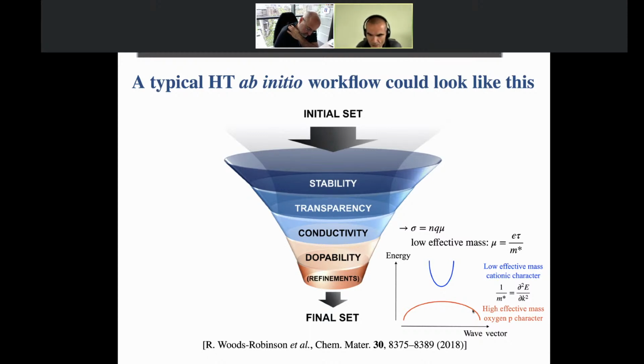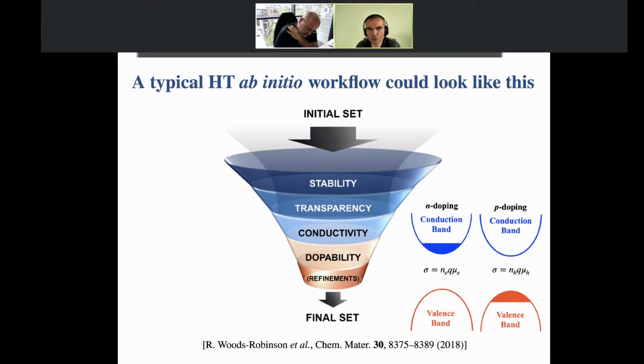So then for the conductivity still, you want to have a given density of carriers, and so you need to dope the material because otherwise the material is insulating since it has a big band gap. And so you can either dope it N-type or P-type and have a density of electrons or a density of holes.